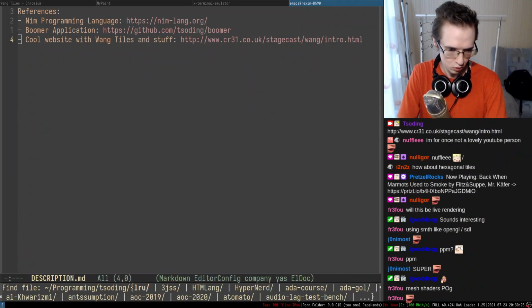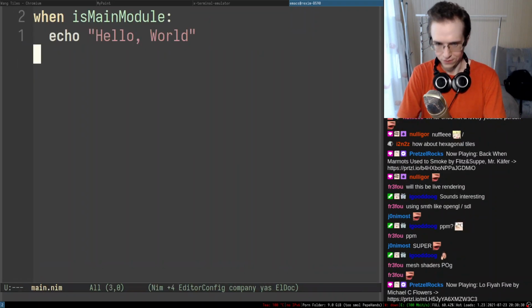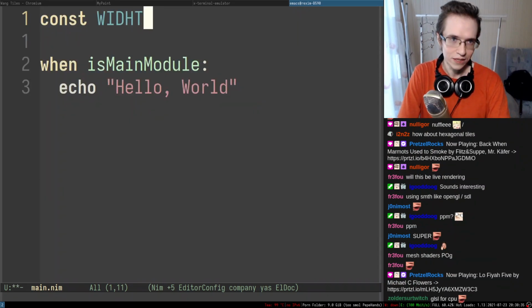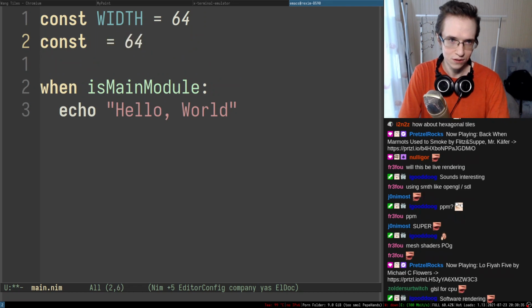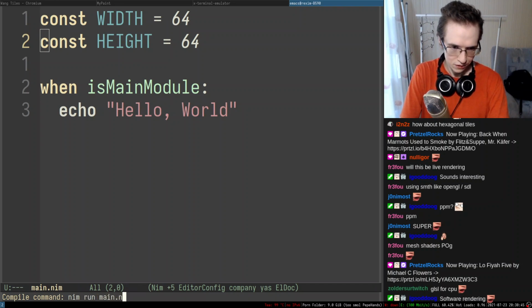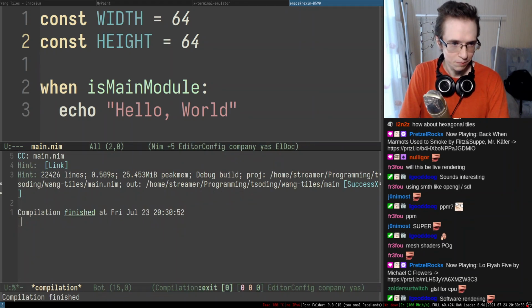Okay, so what was the Wang tiles, right? I call this entire thing Wang tiles. There we go. So can I have constants like width and height? So can I say like that width is going to be 64 and height is going to be 64? Is that the thing I can do? So can I also simultaneously run the entire thing? Right, something like this. As far as I know, I can do C, right, but that only compiles the thing. Can I compile it and run it?